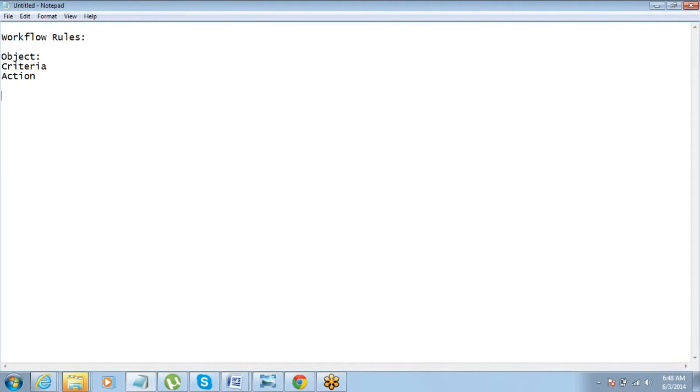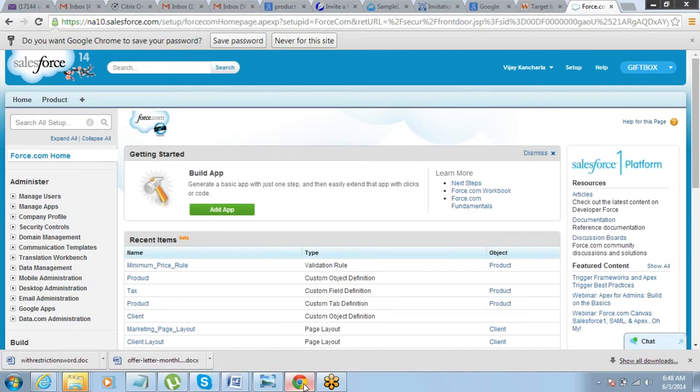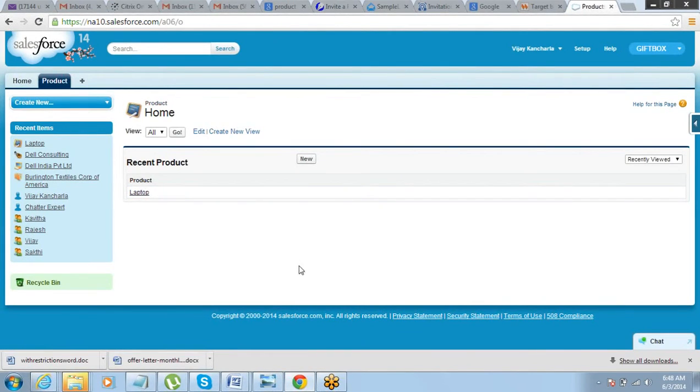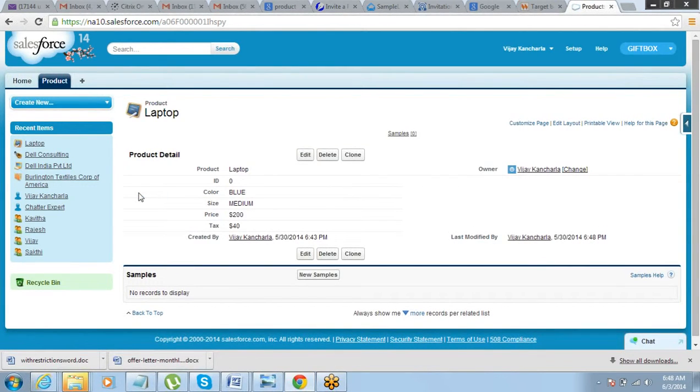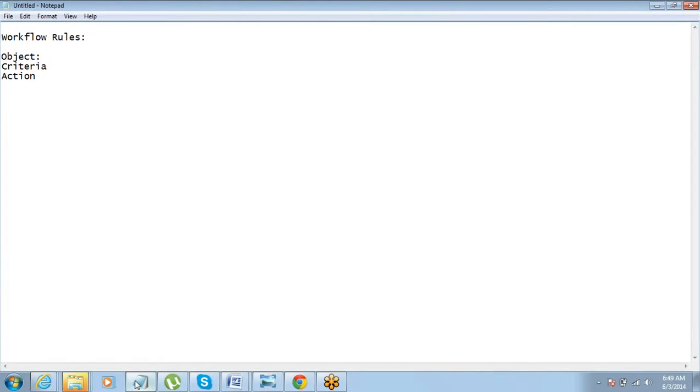So let's take a simple example. Let's say I want to define a rule where in case there is a product and the price of the product is listed more than $300.